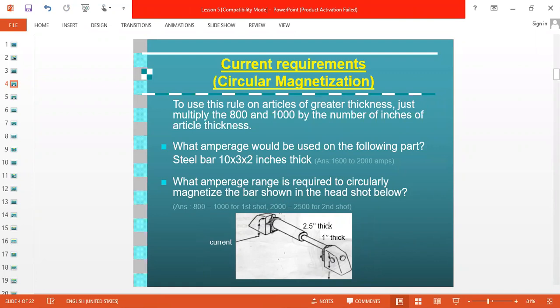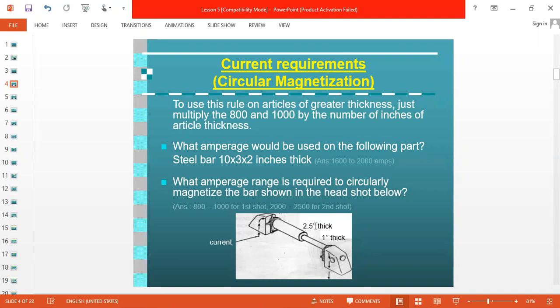If we apply the 2.5 inch current to this whole specimen, then that current value will be high, and there is a chance of getting non-relevant indications on the smaller area, the 1 inch diameter. So first we calculate current for 1 inch, and then for 2.5 inch. First we apply the 1 inch current to the entire specimen, but we watch only the 1 inch area. If there is any indication, we interpret and evaluate. We can't see the bigger area.